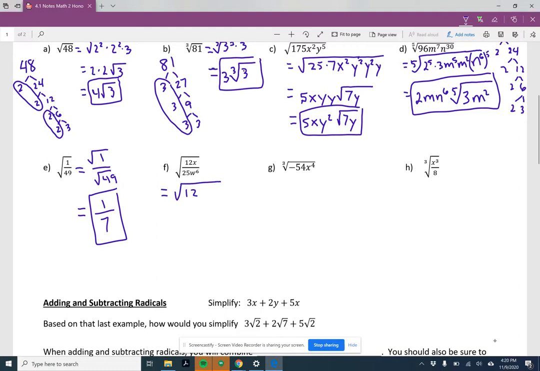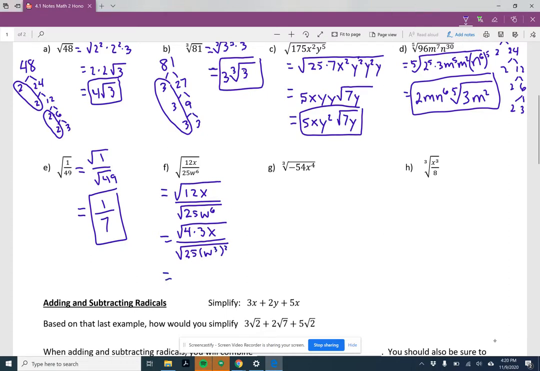Square root of 12x over the square root of 25w to the 6th. Another thing I want you to think about, well, let's just finish this up. 12 is 4 times 3. So I have 4 times 3 times x. I'm going to take that w to the 6th power in the denominator and write it as w to the 3rd